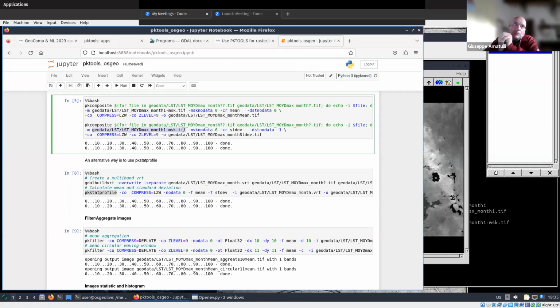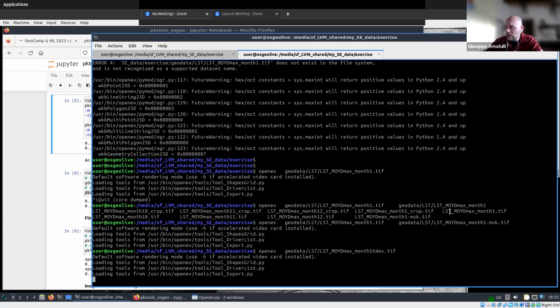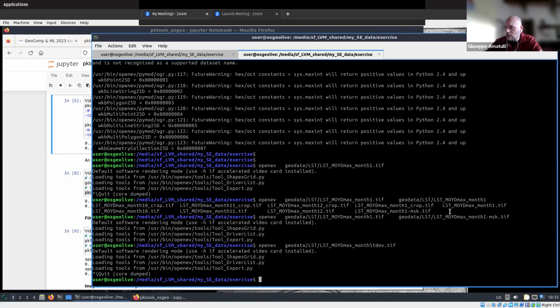Or maybe not, because if you have overlapping area, that one can work only if you don't have overlapping. But if you have overlapping area, you want to be sure that each mask is taking care of each image. Okay, because of course the cloud can move. So probably it would be better to have one input, one mask, one input, one mask, one input, one mask. But in the PK composite, I think there is something that is already taking care of all this, and we can see. I think I use it in my